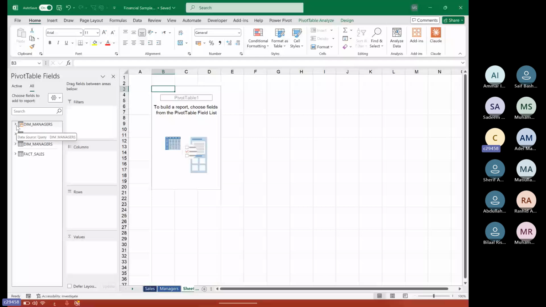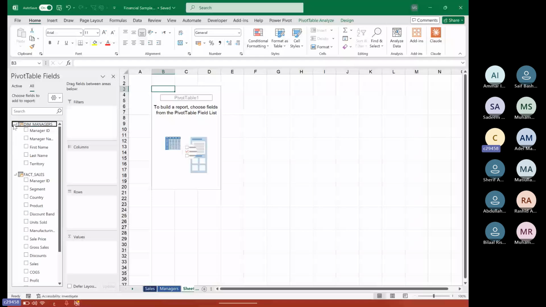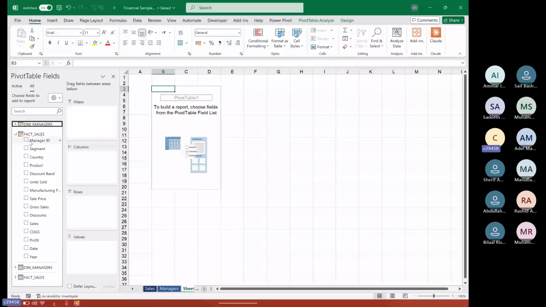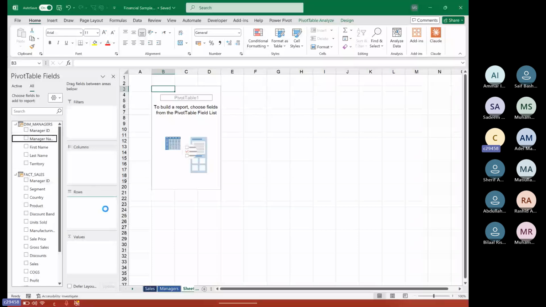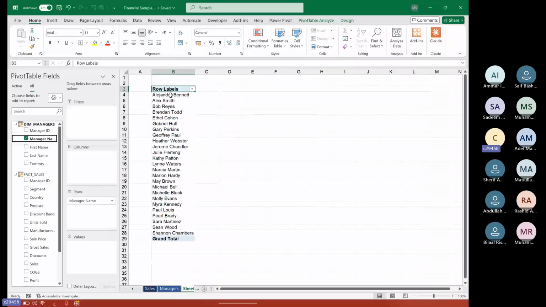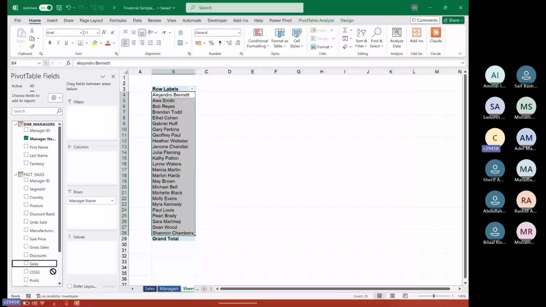So we need to build our report. Here in this fact table, we don't have manager names. If you can see here, we don't have a manager name. But in the manager table, we have the manager name. So if we put it in rows, we have every manager name. In a normal pivot table, you cannot build it from 2 tables. Of course, you will not be able to do this. But from here, you can build it. So I take the manager name from here, because this is the dimension that I need to see. And here I will see the value from the fact table.